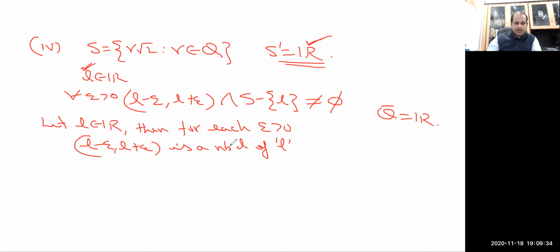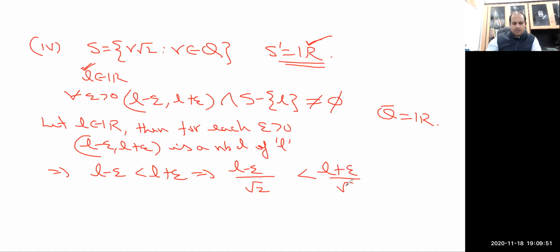Is going to be a neighborhood of the real number L. And obviously here L minus epsilon is less than L plus epsilon. This implies, just divide by root 2 on both sides, L minus epsilon by root 2 is less than L plus epsilon by root 2, and just use the result. Since between any two distinct real numbers there lie infinitely many rational numbers, therefore there exist infinitely many rational numbers R such that, so just use this statement that between any two distinct real numbers,